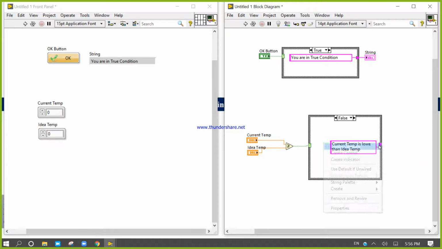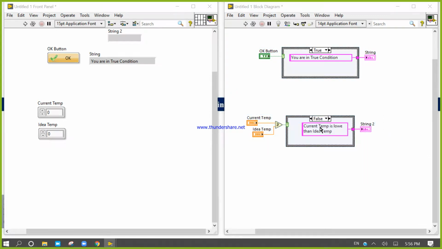Now right click, create indicators, which will display the output.